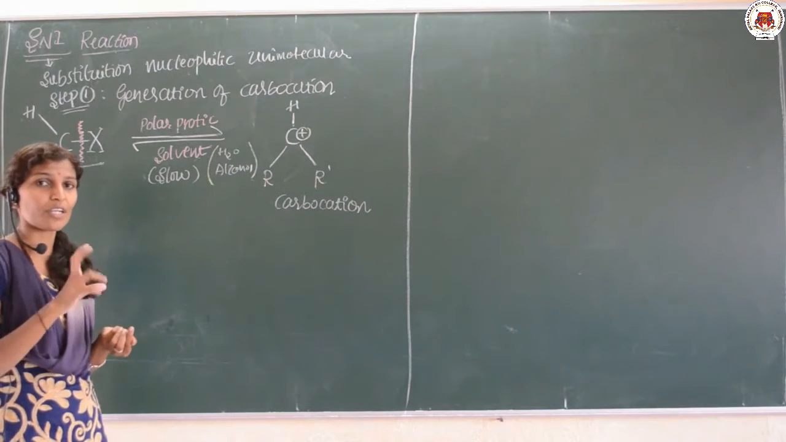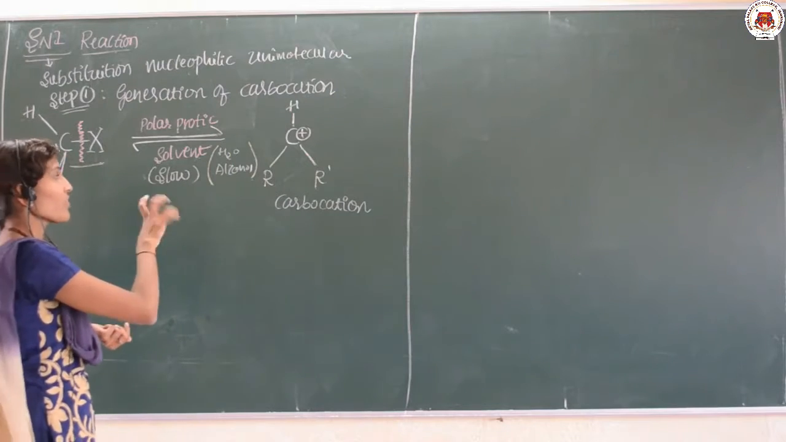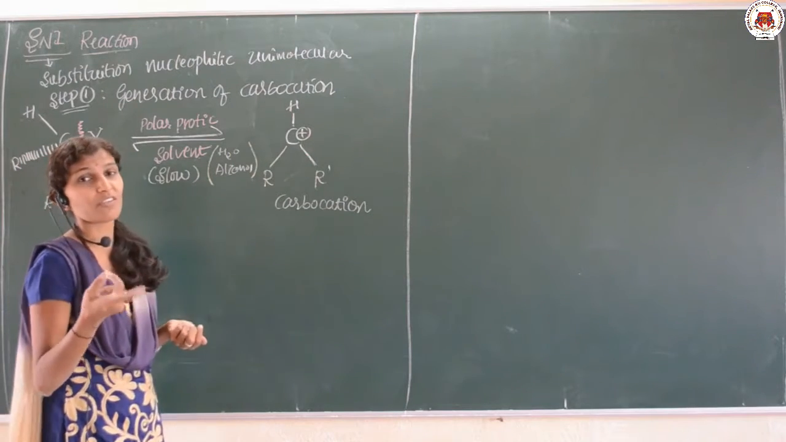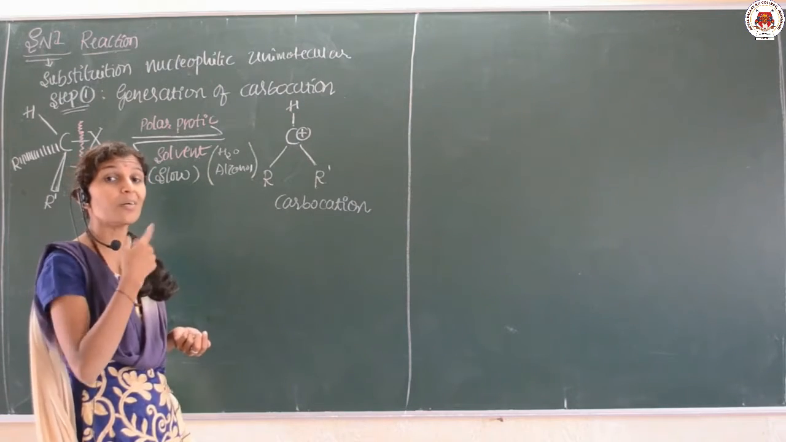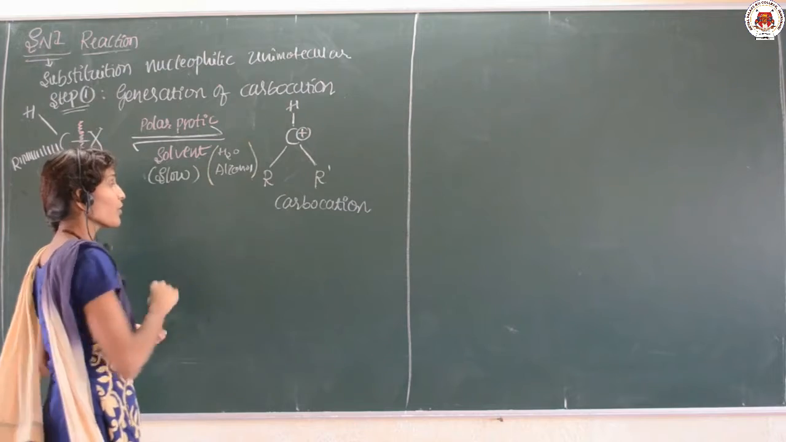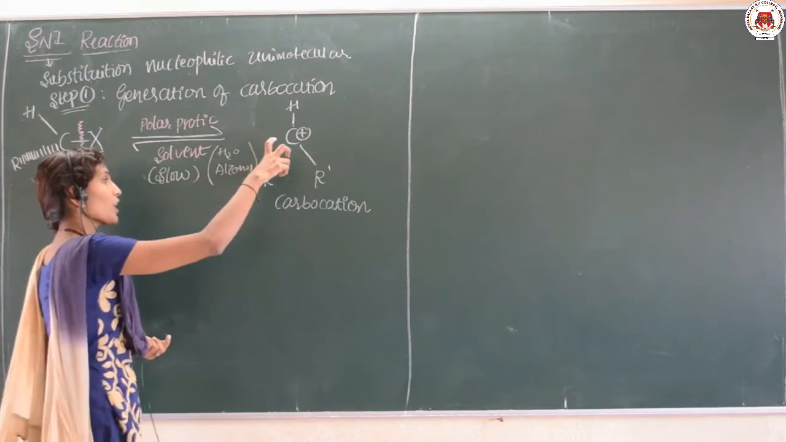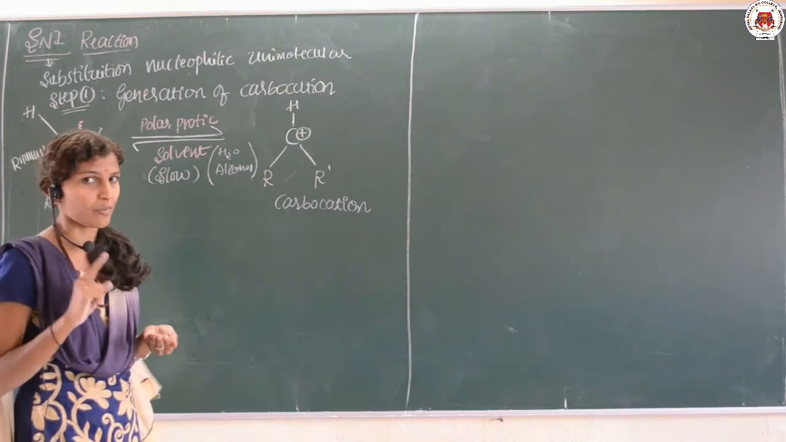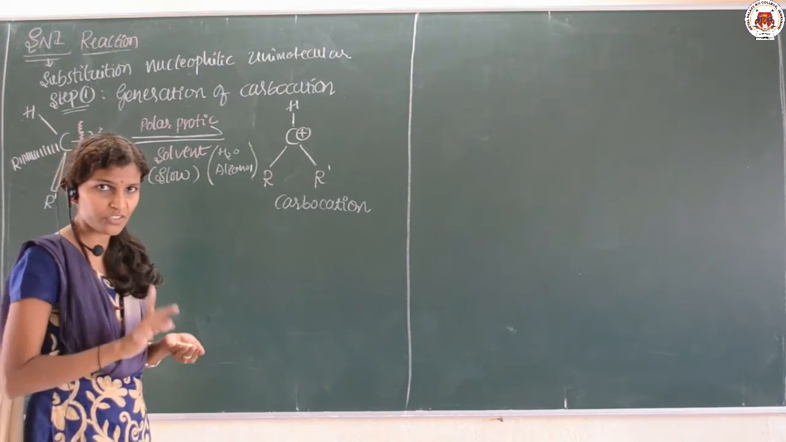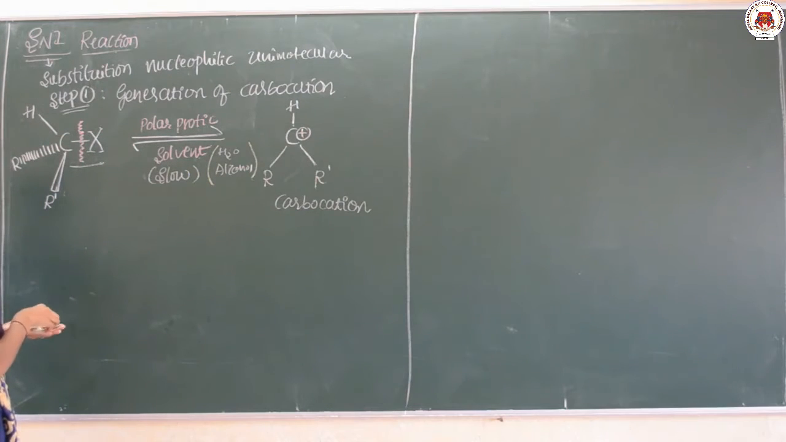Polar means definitely there will be a generation of poles like positive and negative. Protic means it is even able to give the proton, that is H plus. In case of SN2 we use a polar aprotic solvent, but here we are using a polar protic solvent. Okay. So in the first step there is a generation of the carbocation. This is the first step. Okay. In the second step, that is step 2,